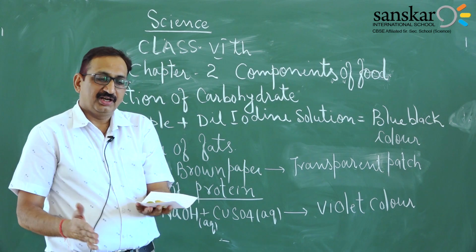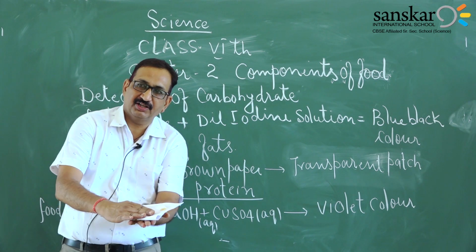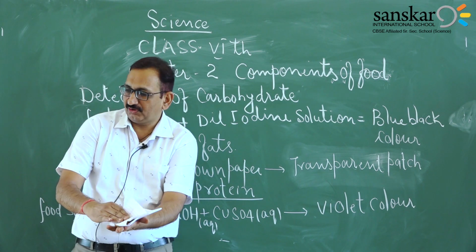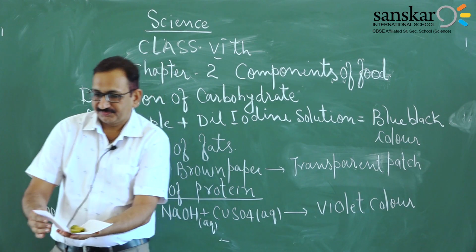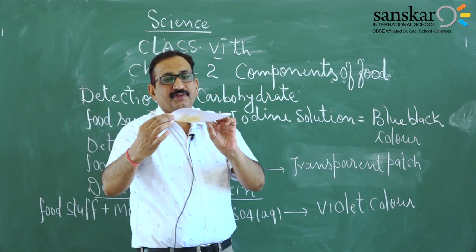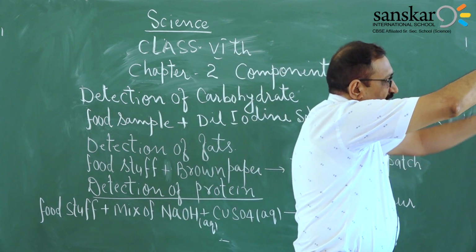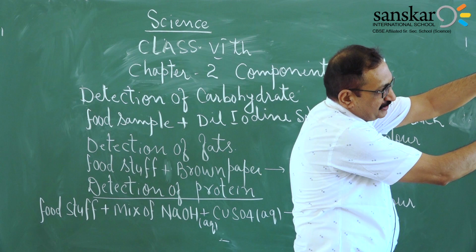This vegetable I have taken on a piece of paper and I have rubbed it at the center of this, and the remaining piece of the vegetable I am putting aside. Just see, I am putting this piece here, and now you see what kind of surface is there. Students, if you see this piece of paper in front of a source of light like this, you can see a transparent patch.